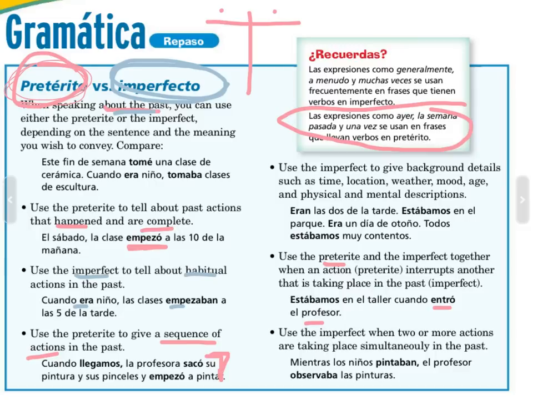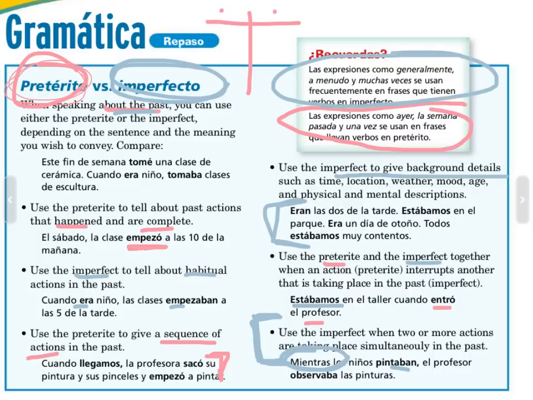Okay, we also use imperfect to give background details, such as this paragraph right here. And we use the imperfect together with the preterite, using the imperfect to set the scene and the preterite to tell what happened. We use two imperfect verbs in the same sentence when we're talking about simultaneous action. And remember that mientras is a huge clue word for that kind of sentence. And these are our imperfect clue words. So again, if you haven't done so already, take a moment to stop the video and take down all these notes. Put them in your own words, of course, because then they'll be more meaningful.